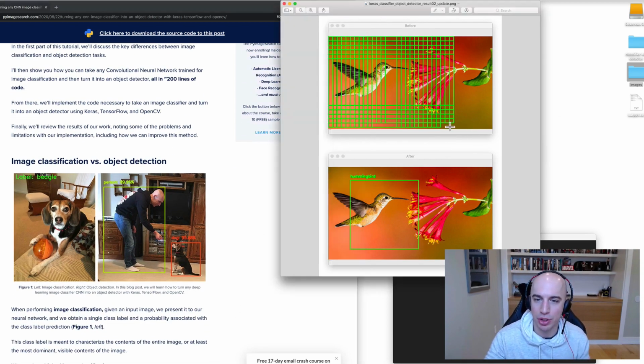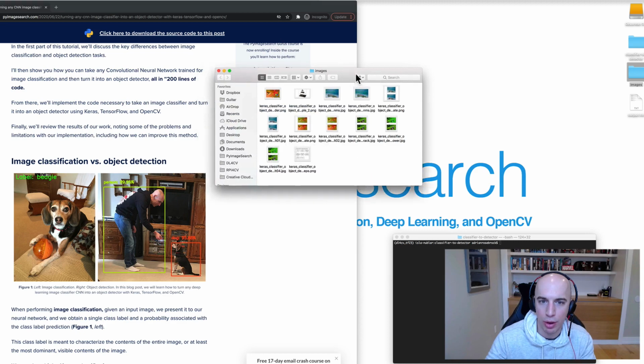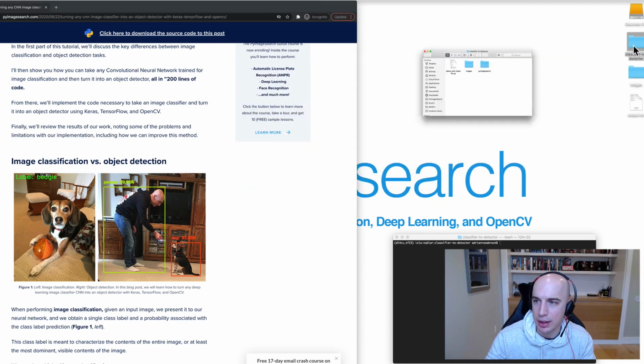But we have to appreciate and understand the history of object detection algorithms, how we go from sliding windows and image pyramids to region proposal algorithms like selective search, and then finally embedding the entire bounding box prediction process into the network itself. So you can kind of see where we're going, but let's take a look at our project